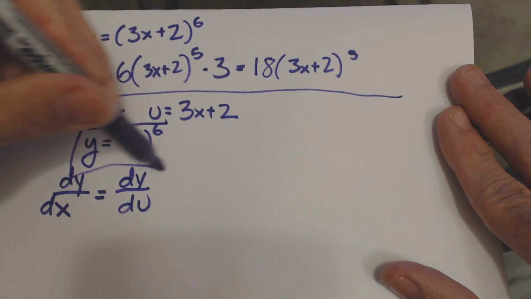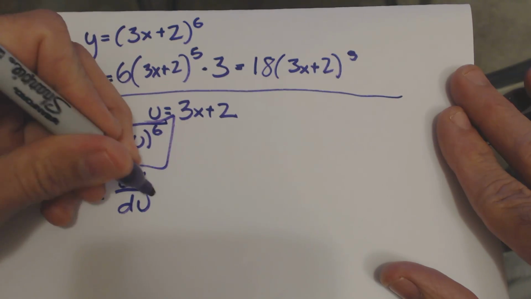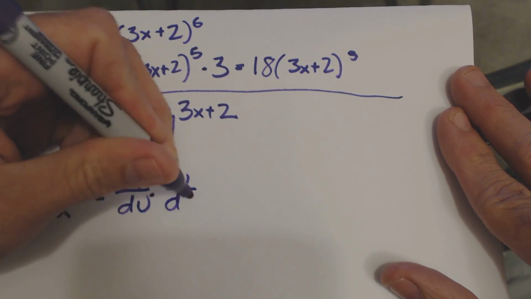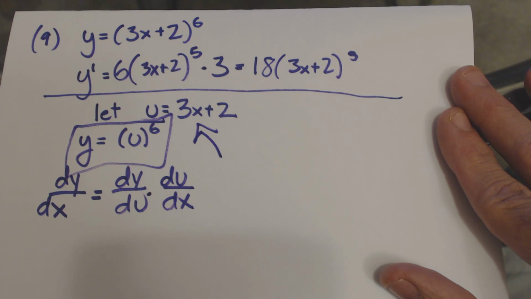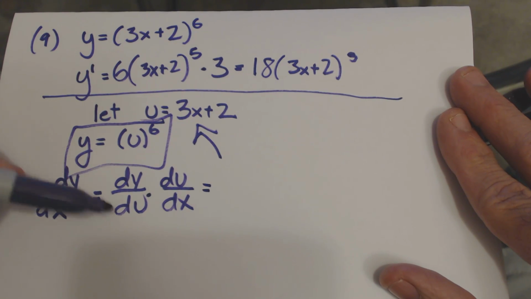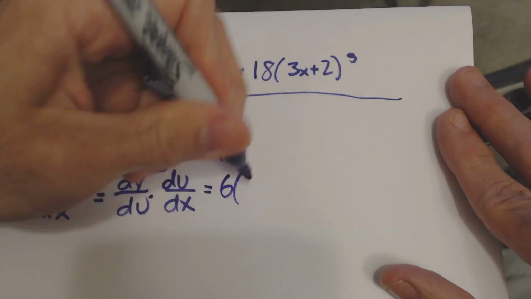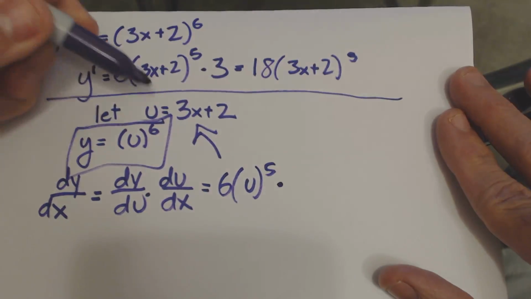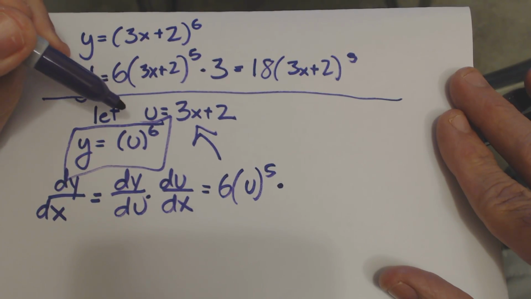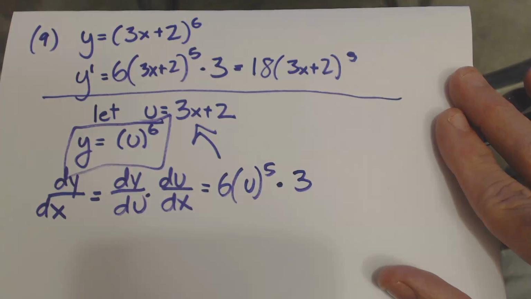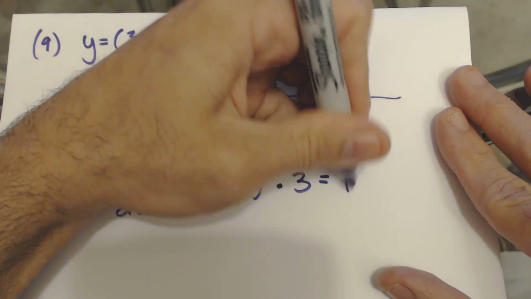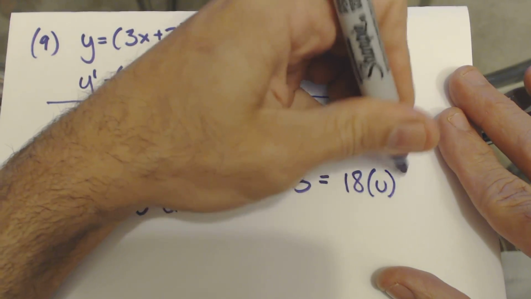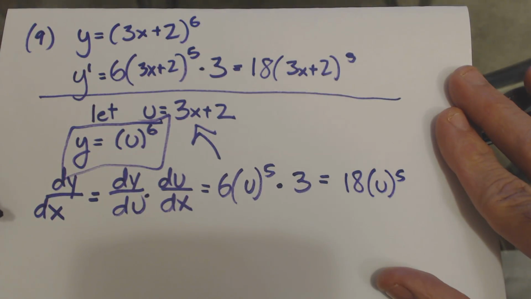So the derivative of this one first, and then du dx, which is the derivative of this one. So dy du is 6 times u raised to the 5th power times the derivative of u, which is 3. So you're going to get 18 times u raised to the 5th power for dy dx,